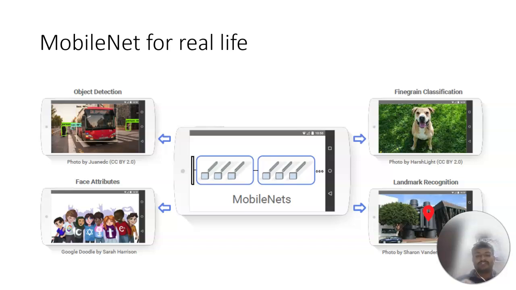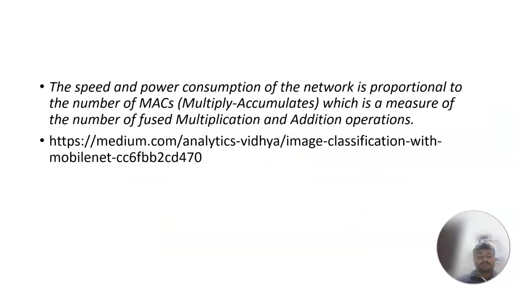For that we have to give some other image data sets and train with respect to that. This is how we can classify, for example, different types of animals, and it is also used in landmark recognition and in many other networks. The main advantage is that the speed and power consumption of the network is proportional to the number of MACs,